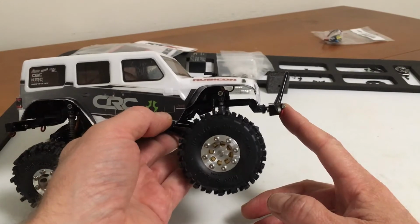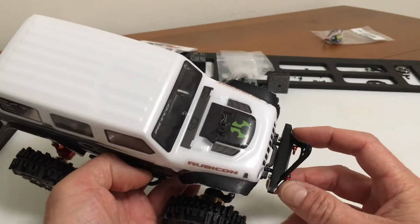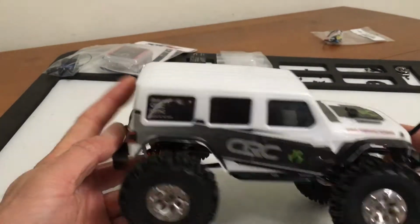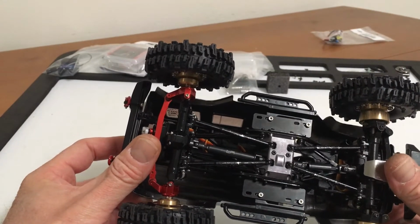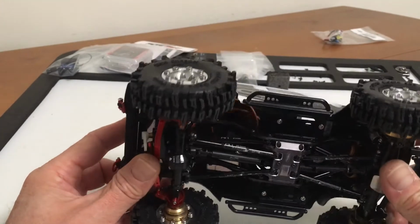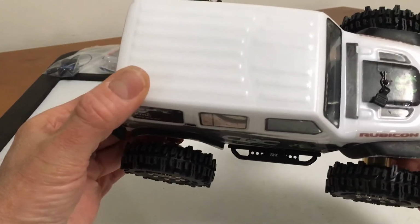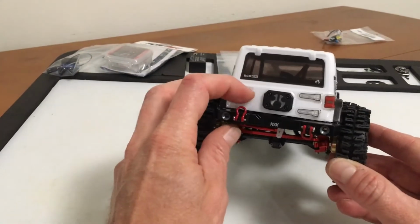I don't know any way to modify that existing JLU mount to tuck this back, at least with this bumper. But the sliders are on. They've got adjustability to kind of clock them forward and backwards, and you can mount these plates, you can flip them in reverse, and they'll mount either way since the transmission's symmetrical. But this is the way they had them mounted in their photos. And then the rear bumper,